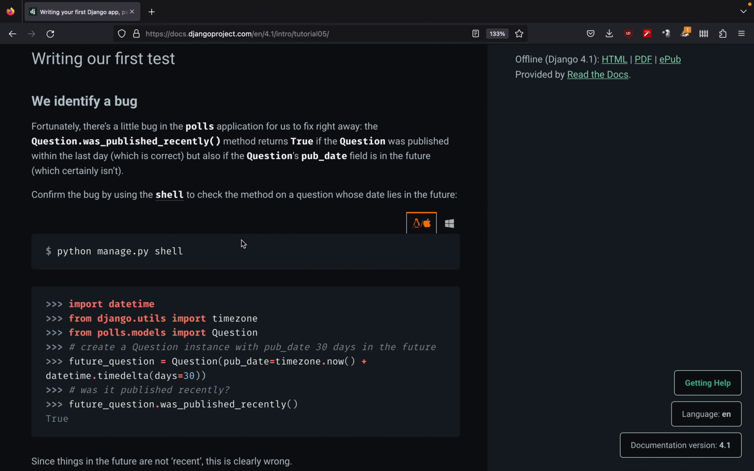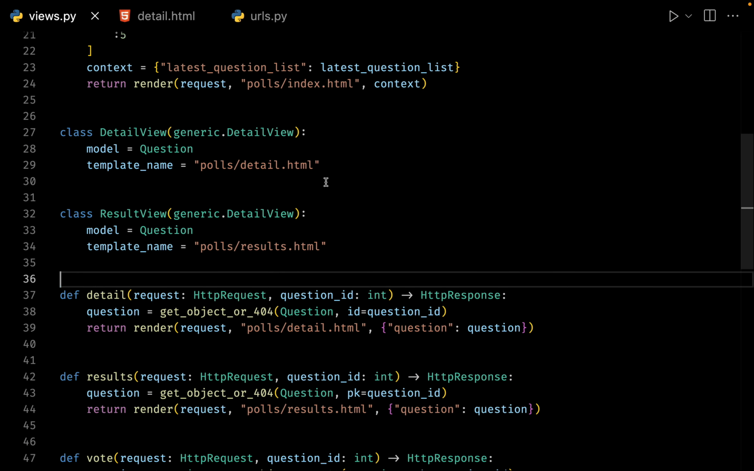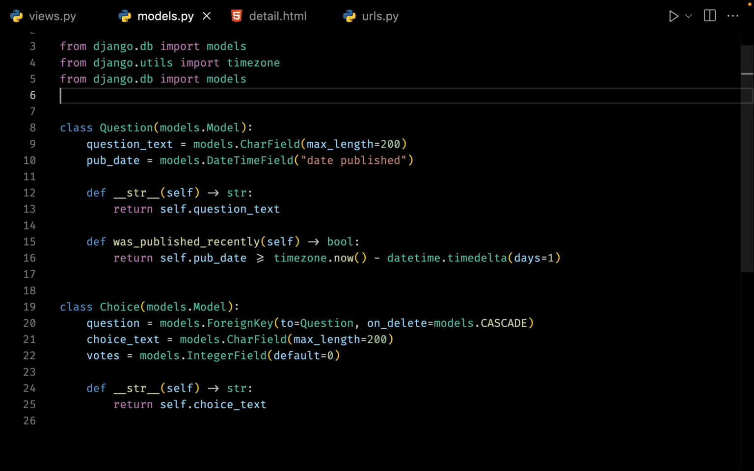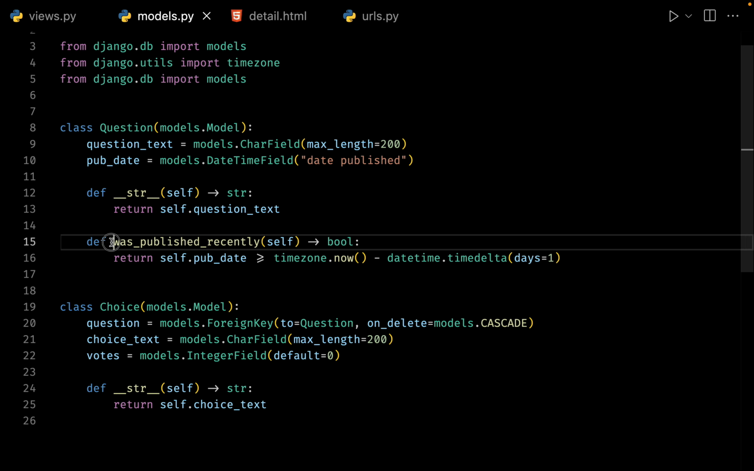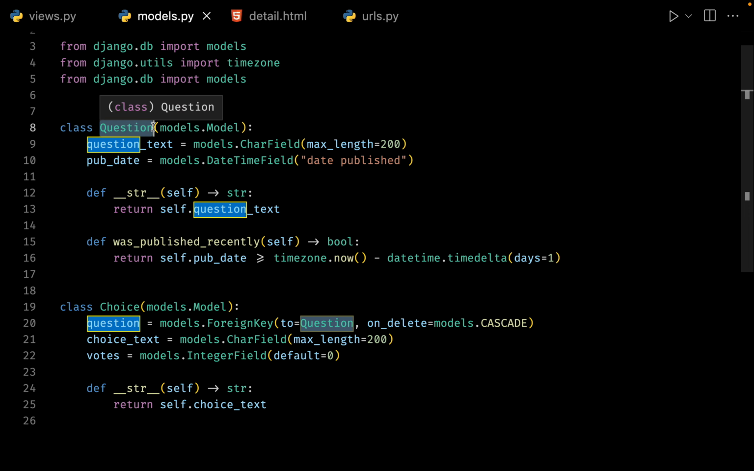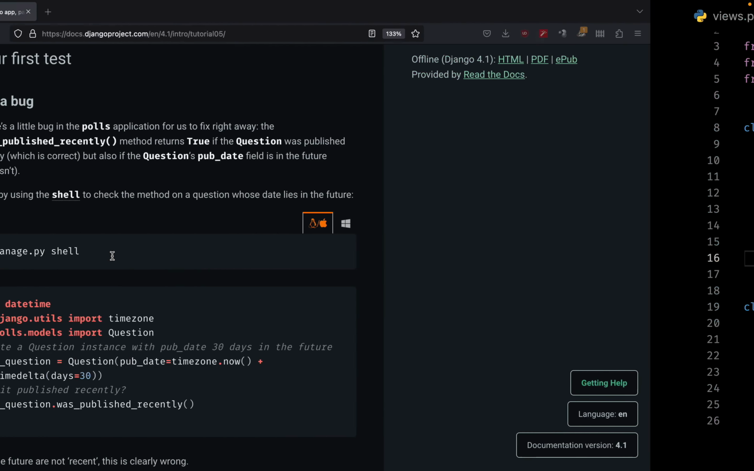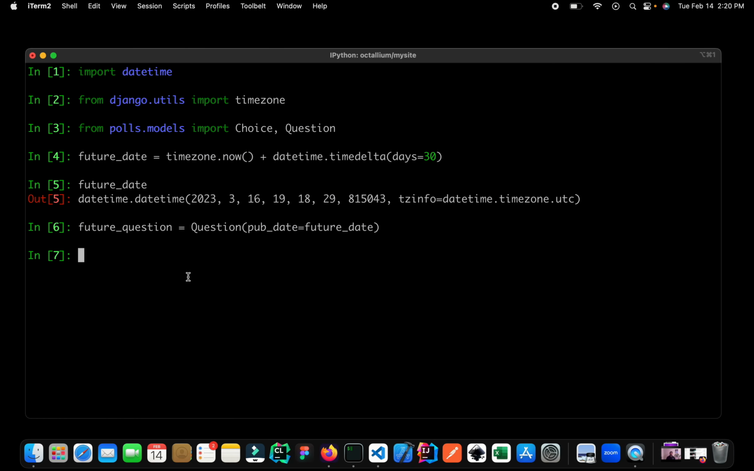So remember, let me just open up my code editor, and if we go to our models file, here we can see that we have created this method of was_published_recently on our model of Question. So let us try to invoke this method and see the output that we are getting. So let us go back to our terminal, and now I can say from my future_question, let us invoke